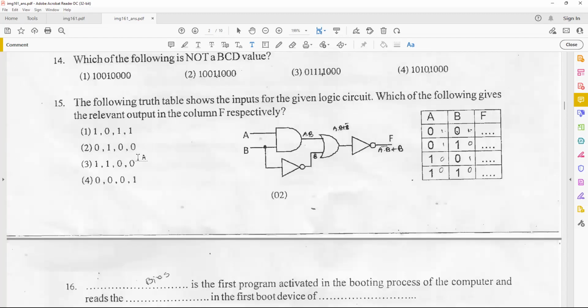Have a look at it, then we'll discuss. So let's look at the first 20 questions for the time being. I will give you a couple of minutes, then we'll discuss the